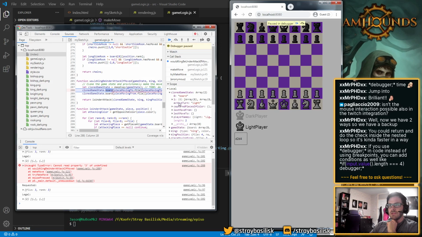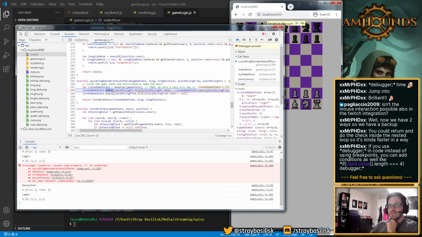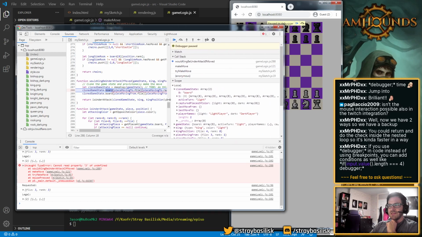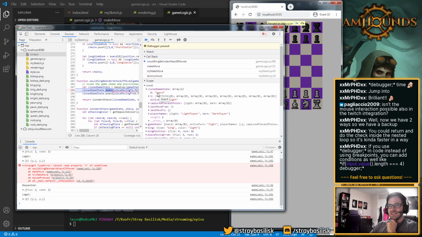Oh. That's weird. Is it me, or is this not what this should look like? So this should be the key and this should be the value.